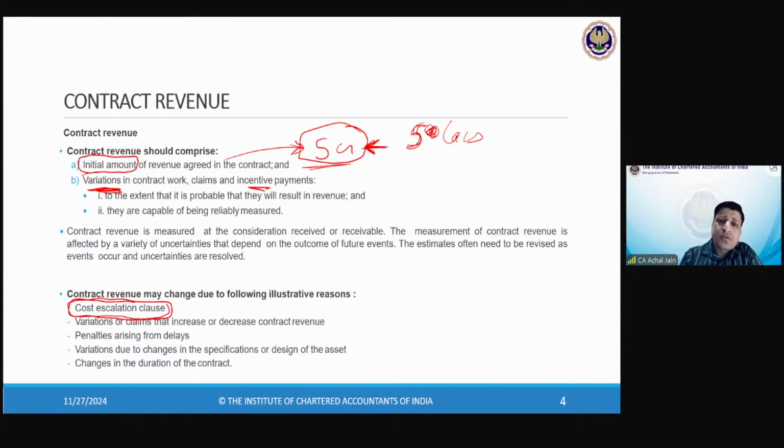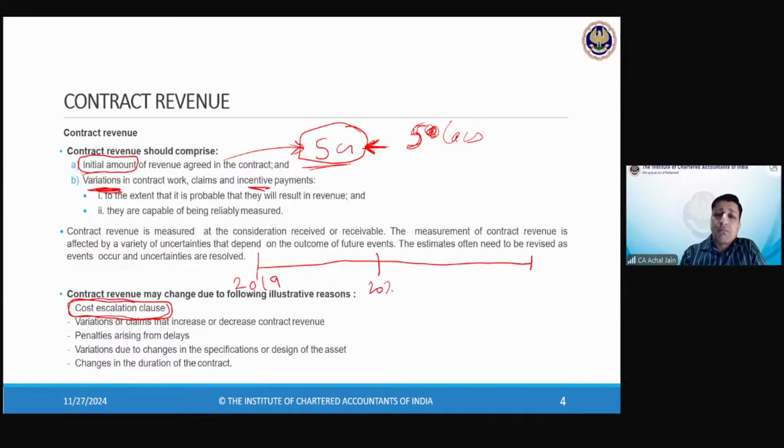So let's suppose you enter into the contract. Say 2019 is when you enter into the contract for the construction of a building. I'm just taking construction of a building because that is something you can easily relate to. Say it was in 2019. Fine. So what was the plan? That the construction of the building will be completed in 2 years.